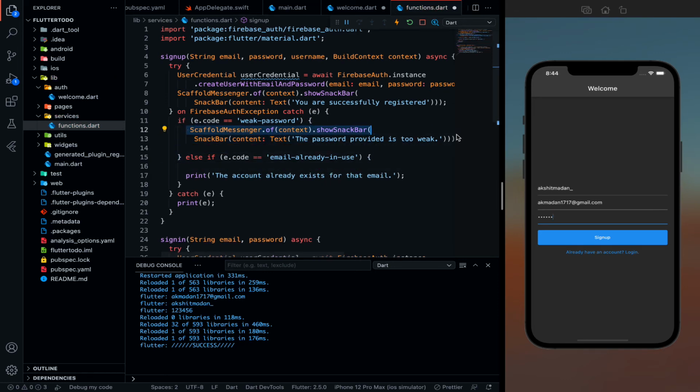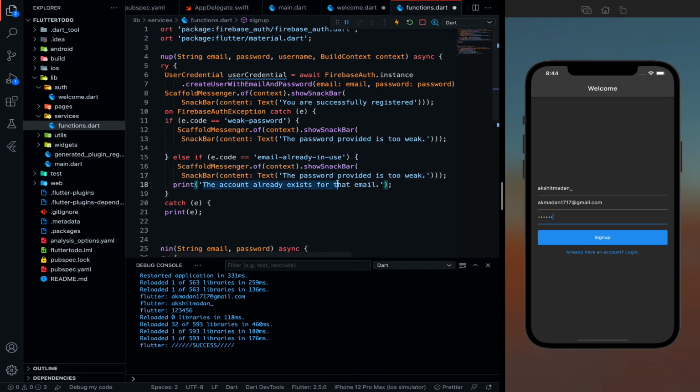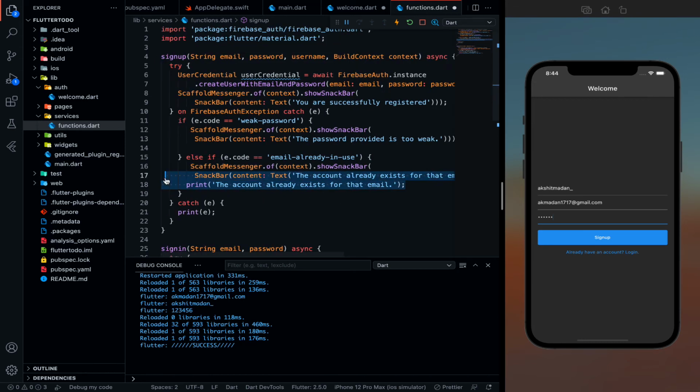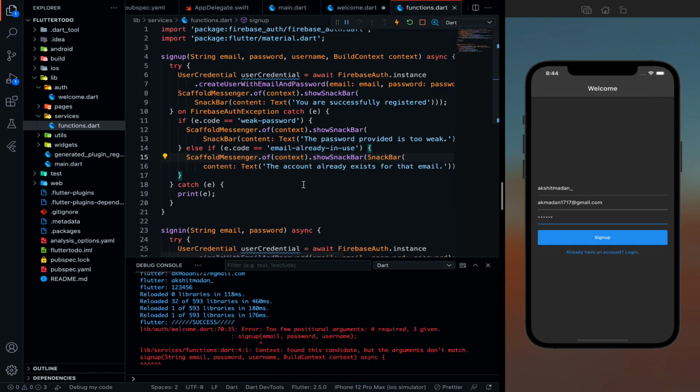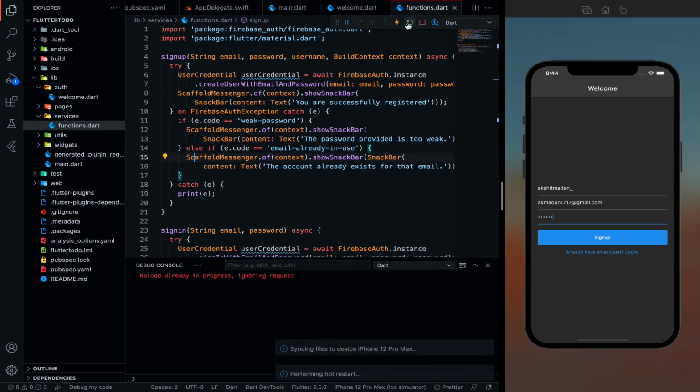Copy this scaffold, write it over here, copy this part, paste it over here. Now you see the magic. Now if I will be calling this part, okay, I need to refresh it.